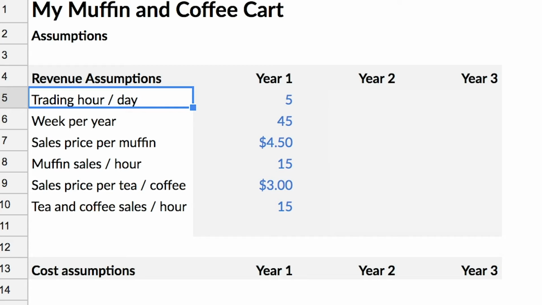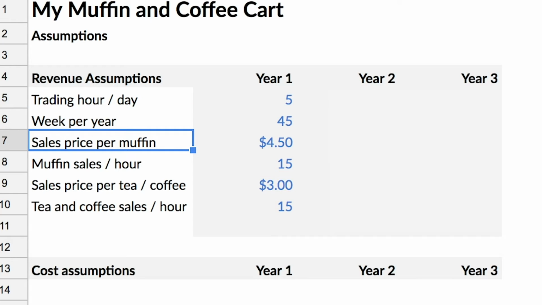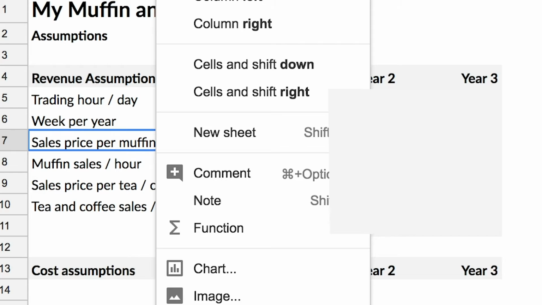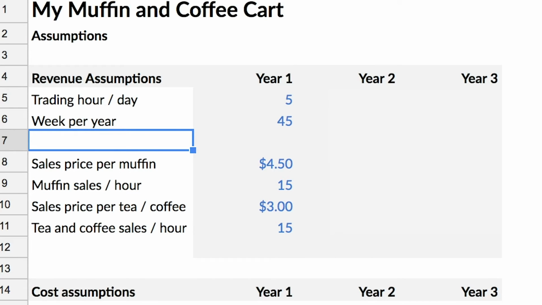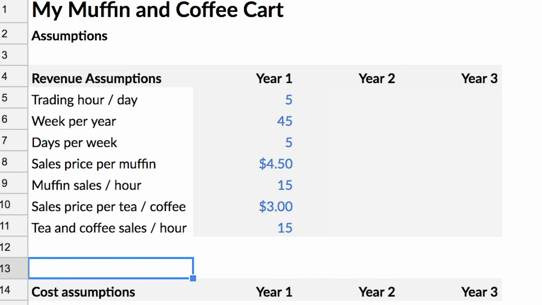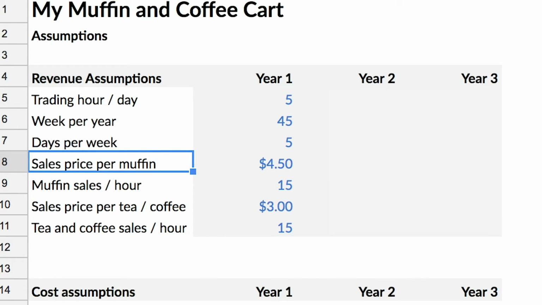That's important. Are you going to operate 5 days a week, or are you going to operate 7 days a week? So we need to add that assumption in, days per week, and it's typically good to keep like assumptions with like. So we need to insert a row. So if we just go insert row above the sales price per muffin, and we add in days per week. And let's assume we're going to be open 5 days a week, because it is quite nice to have weekends. All right, so now it looks like we've got all the revenue assumptions that will flow into our profit and